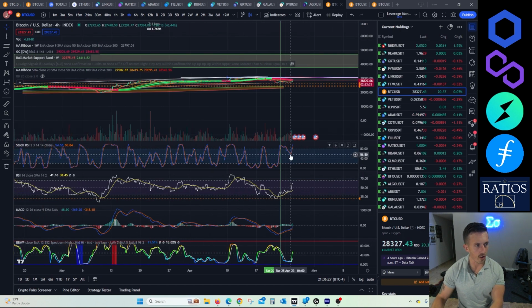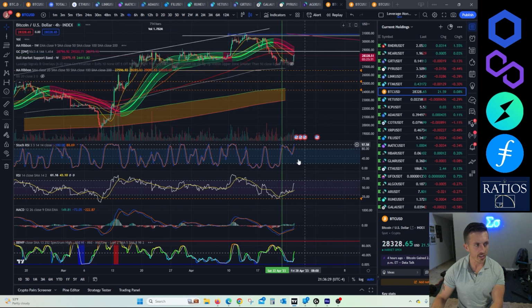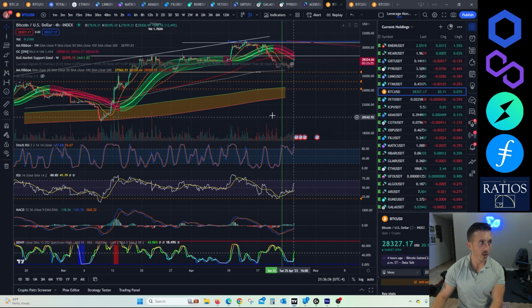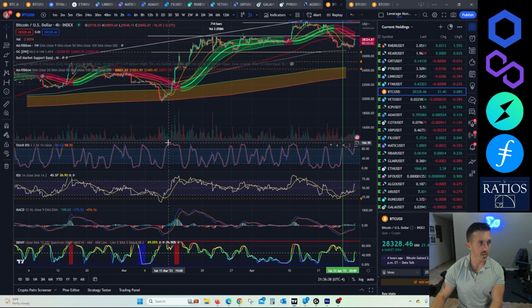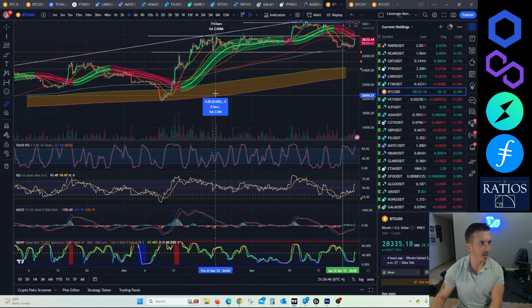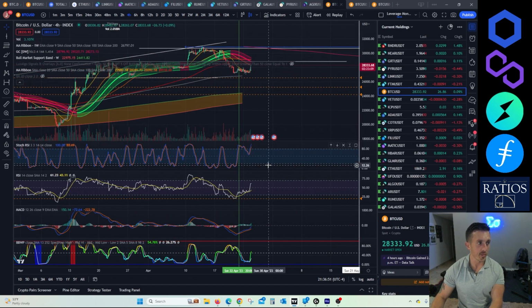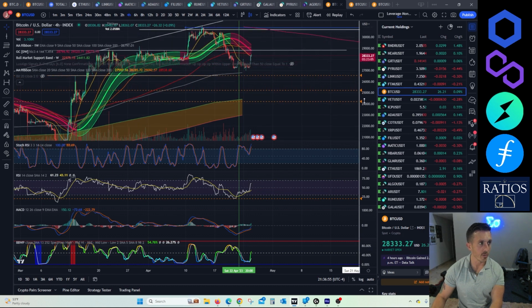the stochastic RSI curved back up and is now again riding the overbought area, which sometimes, when something rides the overbought area, look at this example here. Whenever we touched the overbought area, Bitcoin's price was down here and it just rode that overbought area all the way up, for a massive gain of like 29%, just sitting in that area. So it's possible for something to be completely overbought and just grind up and continue moving up. And that's what it looks like it's doing right now.